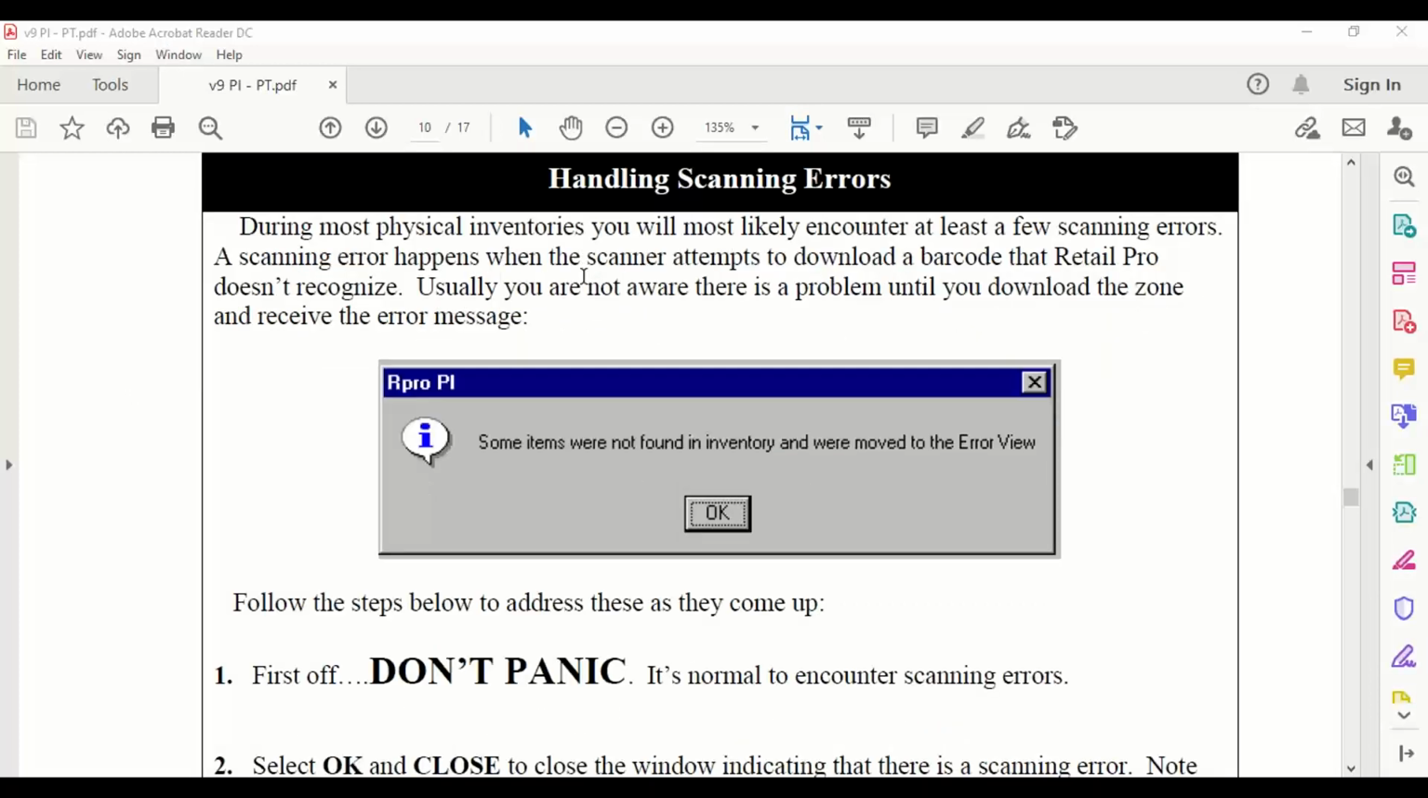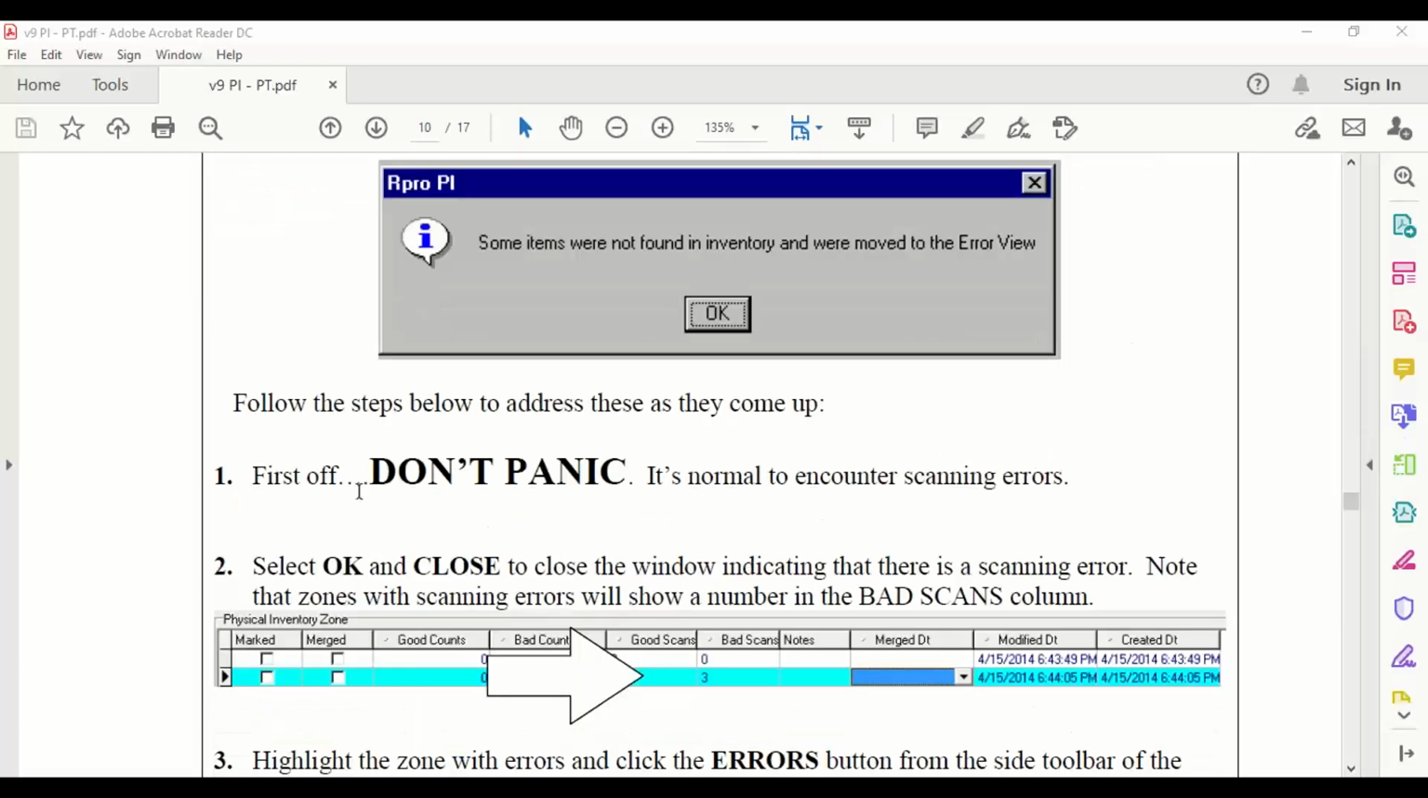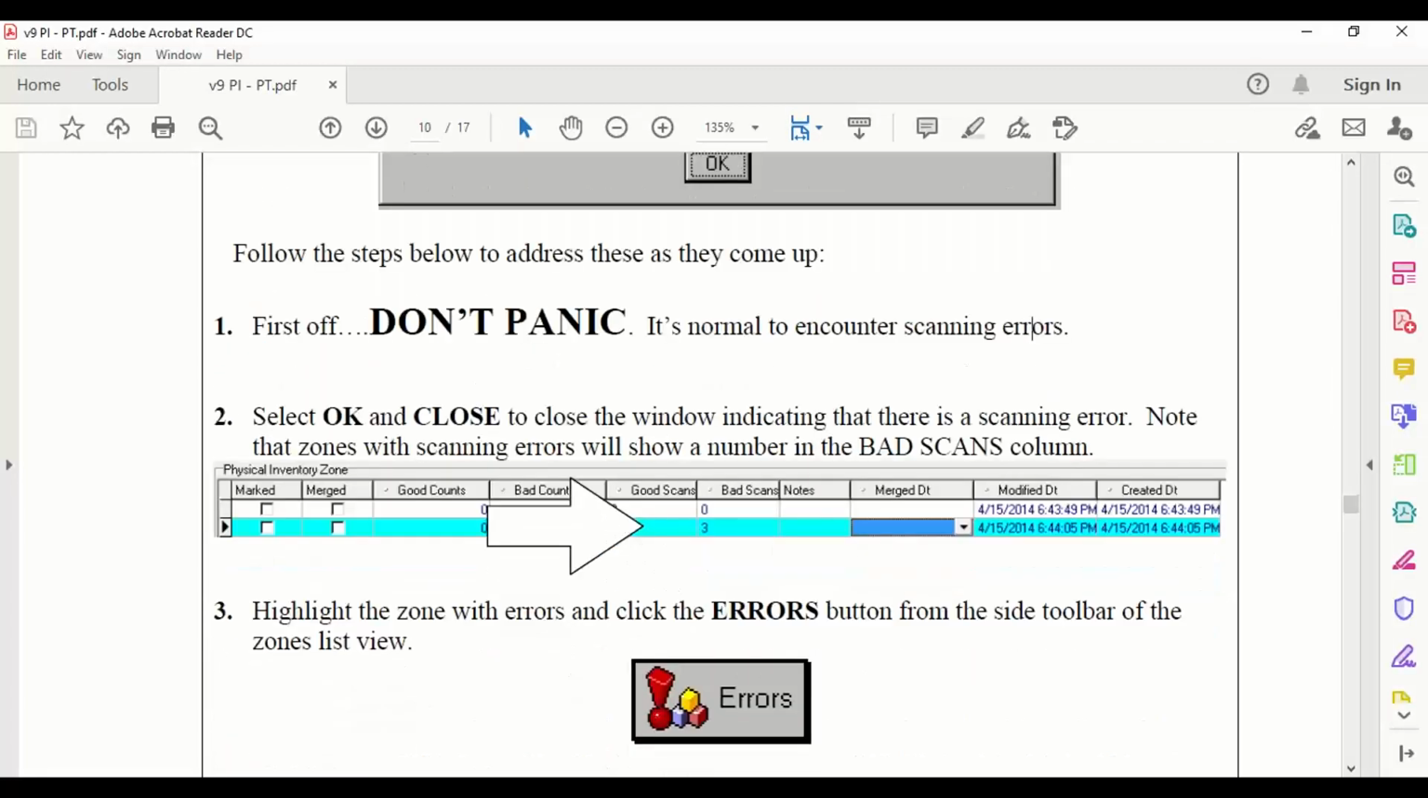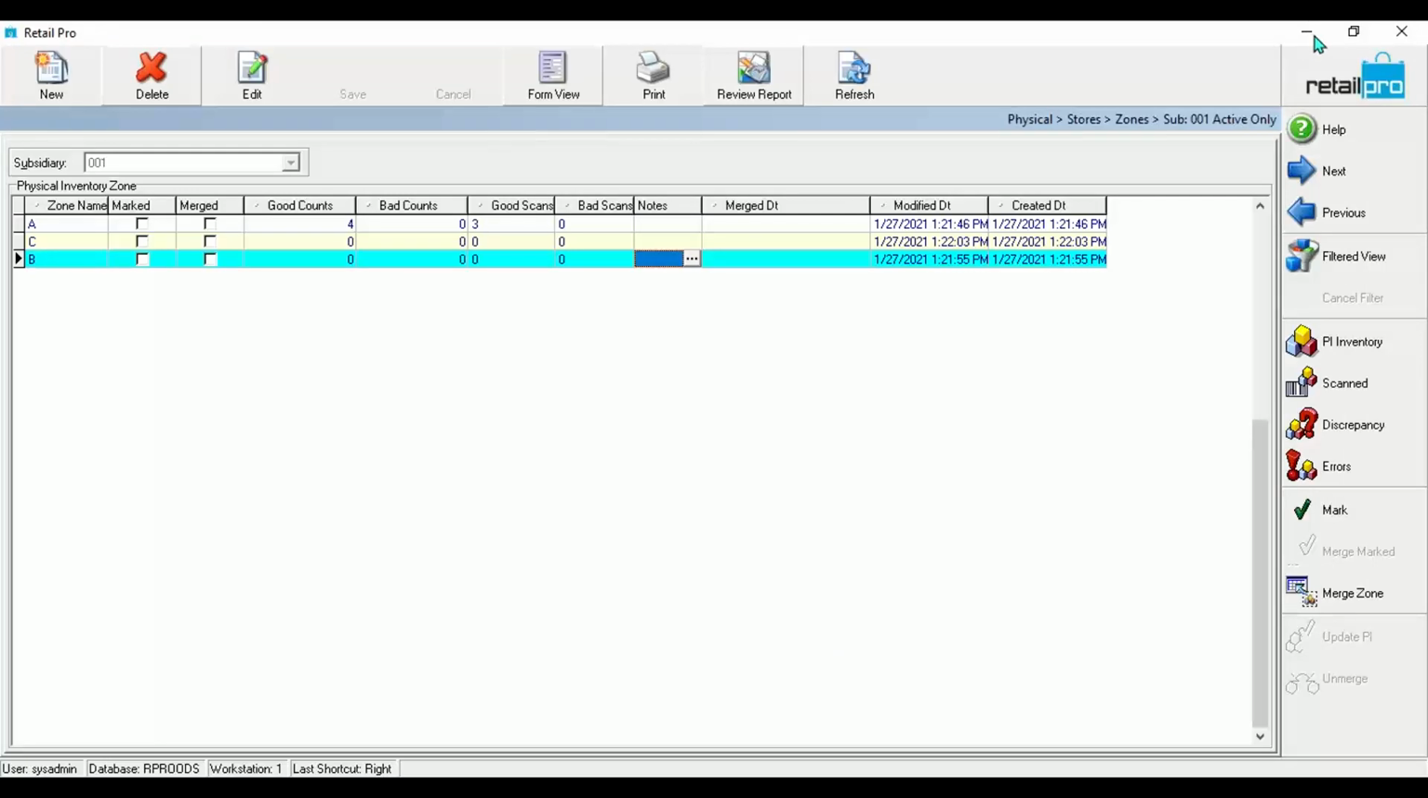So, like I said, occasionally we'll scan the wrong item, and if it's not a smart scanner, it won't tell us when we actually scan it. It'll tell us in Retail Pro. As soon as we go ahead and get that file downloaded, it'll say some items were not found in inventory. Of course, don't panic. That's okay. So what happens in Retail Pro,